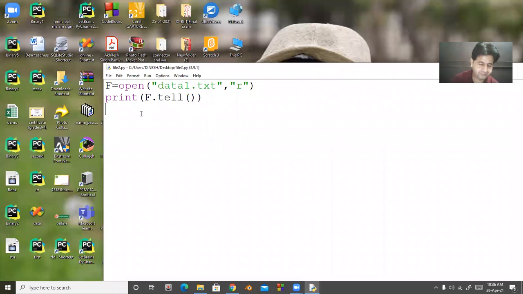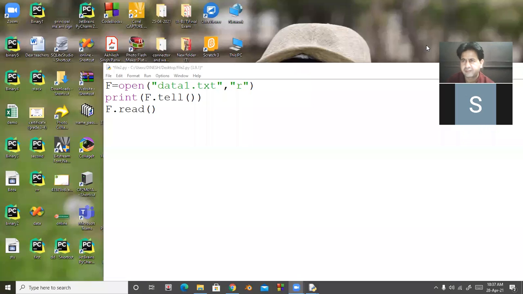Now we read the data and save the data in w. This is not compulsory. We can read the data like this.